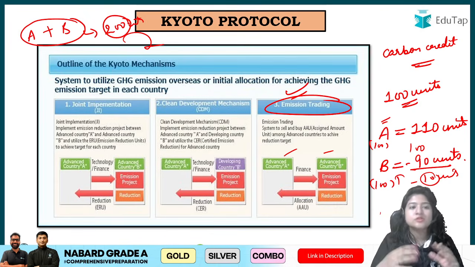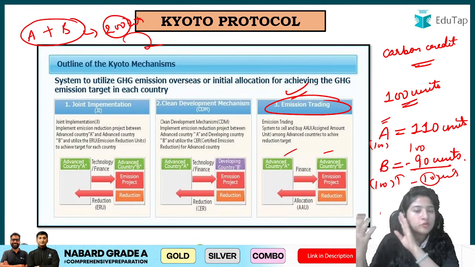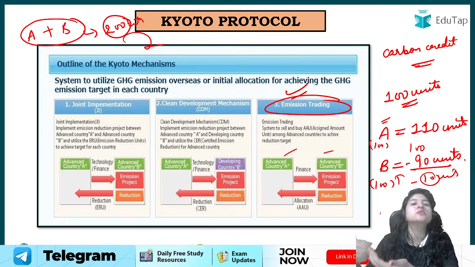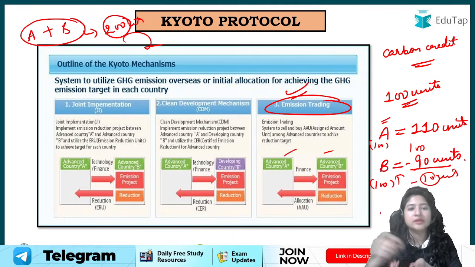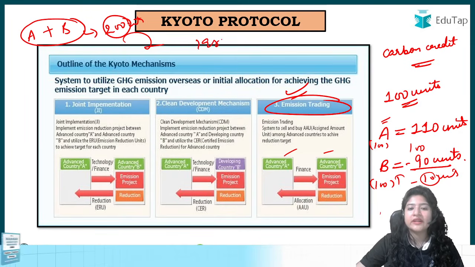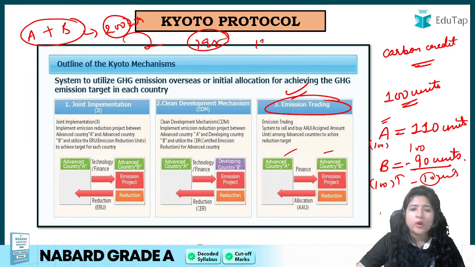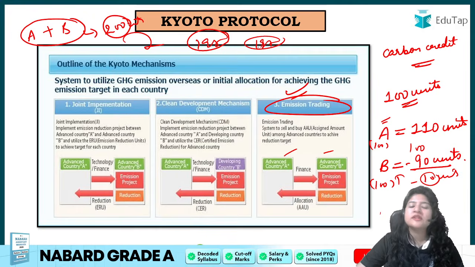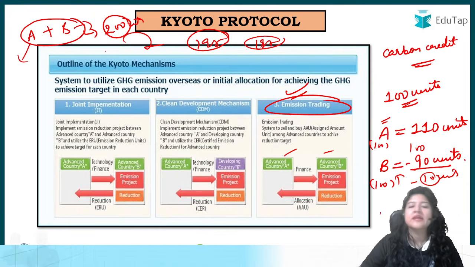carbon units, so that overall when they have to show the units to the UN. Okay, because this is a protocol that has been signed, right? So there will be some scrutiny. So they will show overall 200. Okay, so from overall 200, if they are emitting 195 or 197, that's up to them. Overall there should be 200. It would not be about how much country A has emitted or how much country B has emitted.